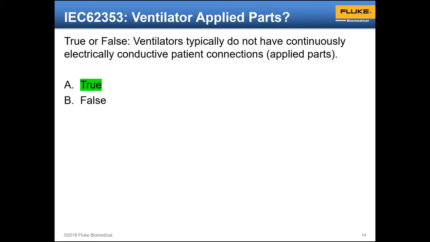If you're in anesthesia, the anesthesia system will include a multiple respiratory gas monitor that will give you inspiratory and expiratory inhalational anesthetic gases and agents concentrations. But again, they might be integrated into the anesthesia system, but typically the ventilator itself would not have those things. So again, there won't be any applied part tests typically.